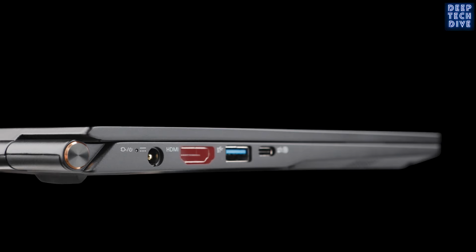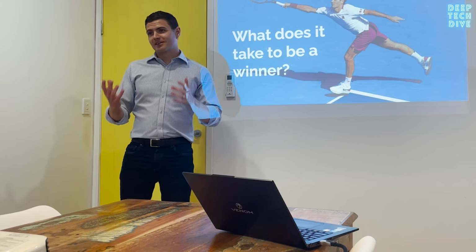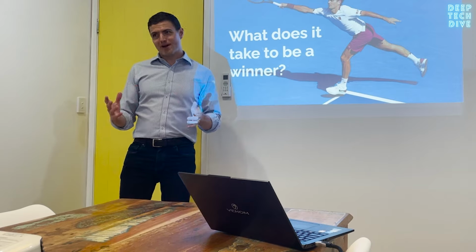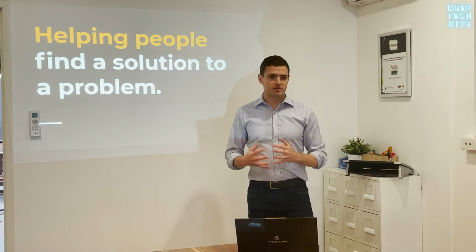I love this one, especially because I can get to my meeting room and I plug straight in rather than having to scramble around in my bag trying to work out where my adapter is. So there's no messing about here. And what we found, wherever you go, a monitor is pretty much likely to run off the HDMI cable. It's a real godsend. I mean, why would you not have this functionality? It's bonkers. We're all using remote connections into TVs and into computers these days, and so it certainly makes it